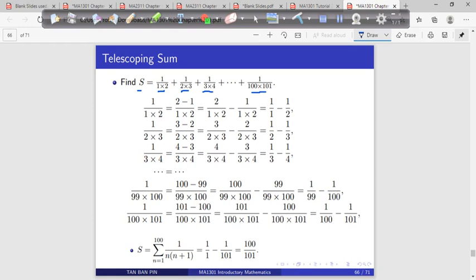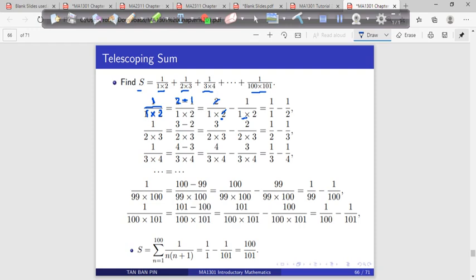We observe that 1 is just 2 minus 1. And if you write 1 as 2 minus 1, of course you can split it into two fractions: 2 over 1 times 2 minus 1 over 1 times 2. So we can split it into two fractions. The first fraction, 2 and 2 cancel, so it gives you 1 over 1. The second fraction is 1 over 2, since 1 times 2 is 2. So that means 1 over 1 times 2, you can just split it into two terms, 1 over 1 minus